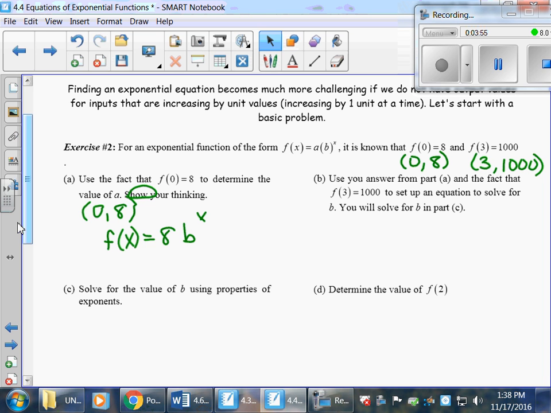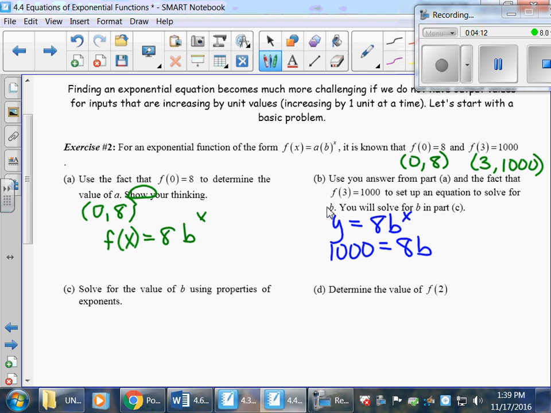So we're going to use the other point now. y equals 8 times b to the x. So I know that y is 1,000, which is equal to 8 times b, and we know that our x is 3. Divide both sides by 8, and I get b cubed is equal to